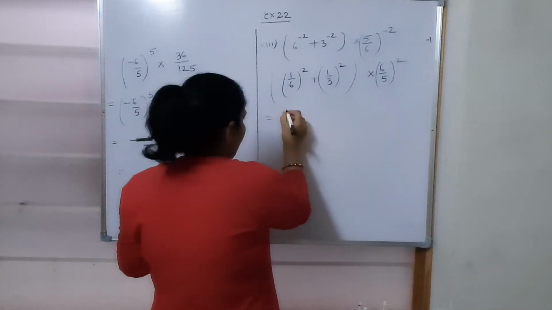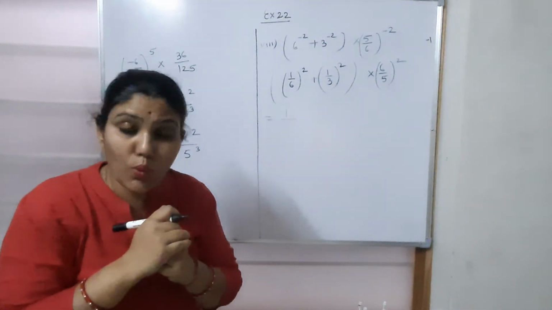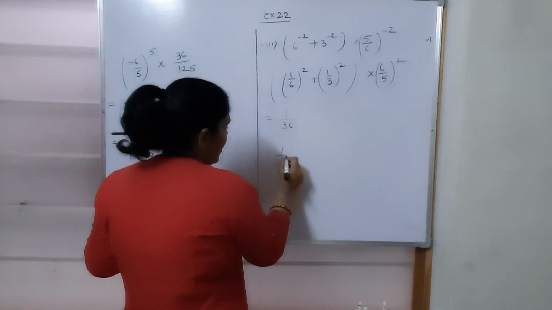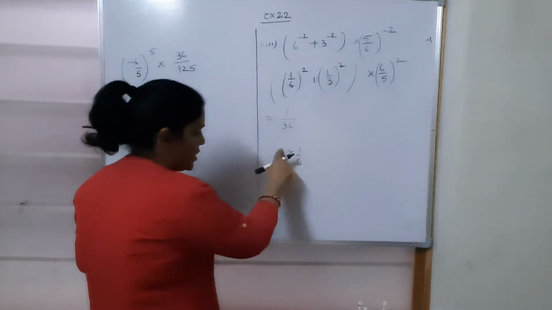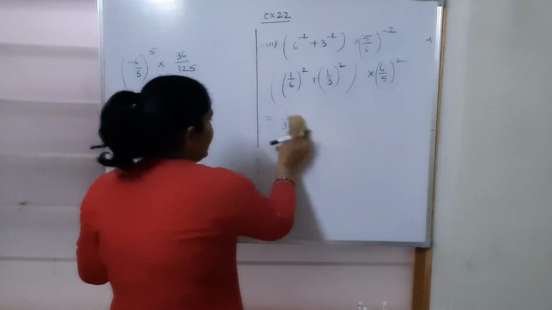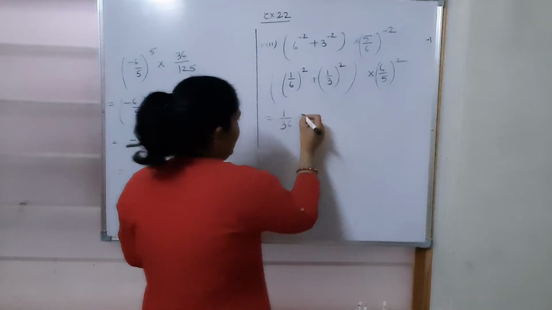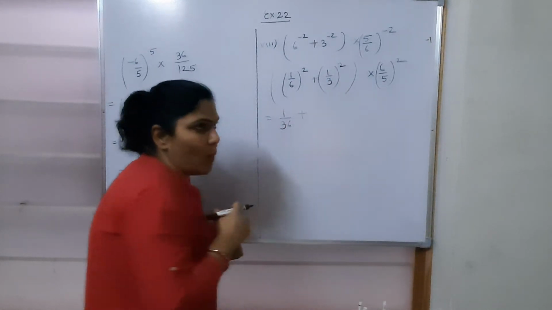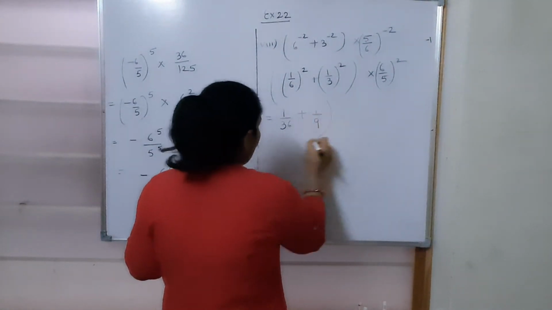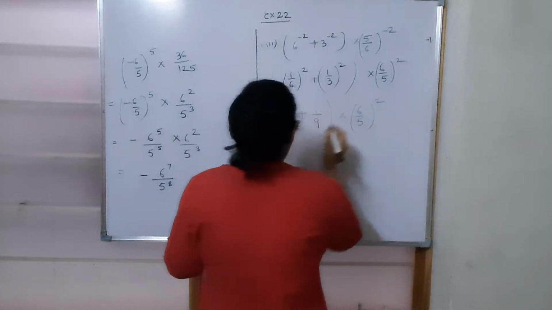Right. Now just look here. We'll just solve it. What is 1 upon 6 whole square? It is 1 upon 6 into 1 upon 6, which is 1 upon 36. I hope everybody understood. 1 upon 6 multiplied with 1 upon 6. 1 into 1, 1 and 6, 6s are 36. So this is going to be 1 upon 36. And what is 1 upon 3 square? 1 upon 3 into 1 upon 3, which is going to be 1 upon 9. And this is 6 upon 5 whole square.